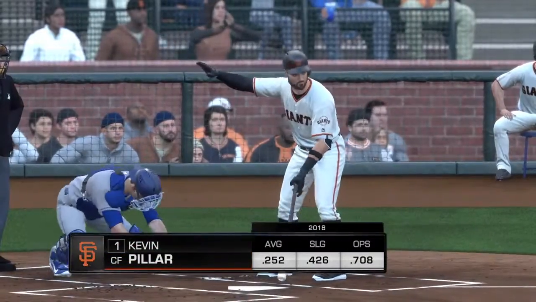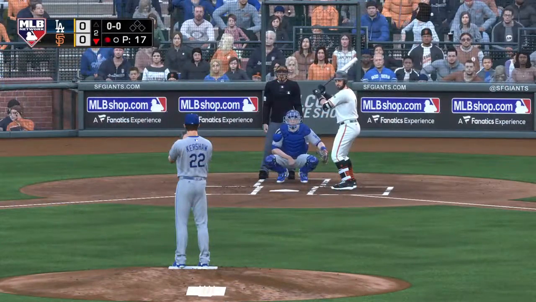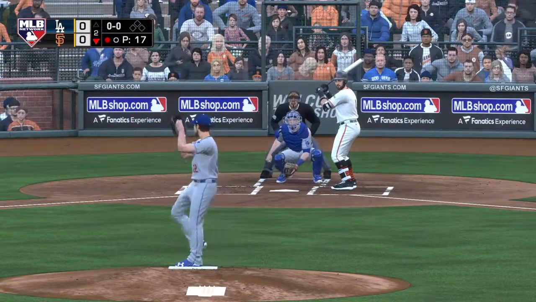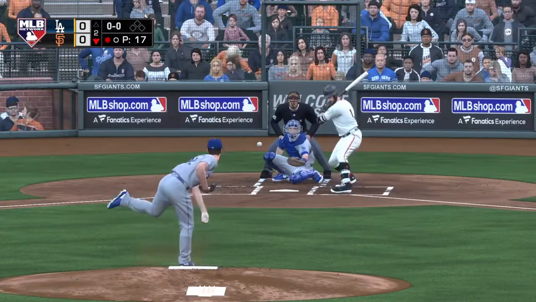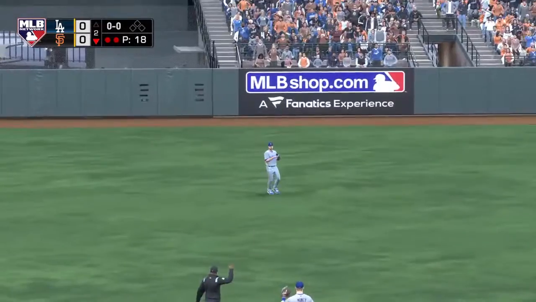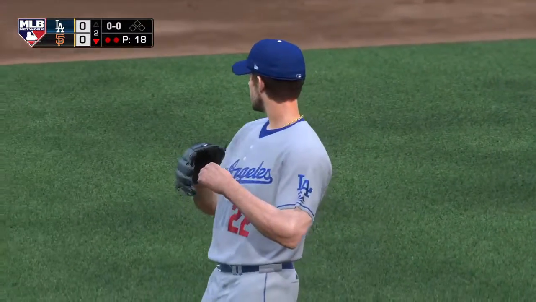So 1 away here with the bases empty, and that'll bring up a man who's a human highlight reel defensively, Kevin Pillar. Here's the first pitch to him. Line drive to center field. But sadly for him, this will head straight to the center fielder as he puts it away without much trouble